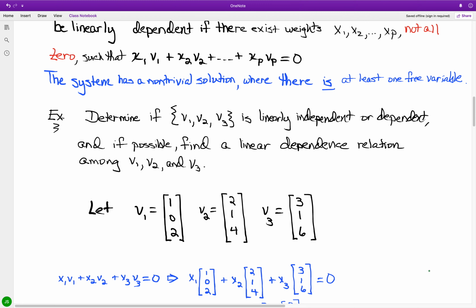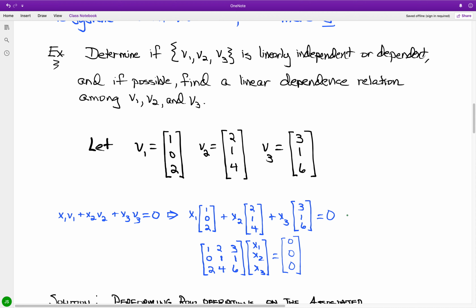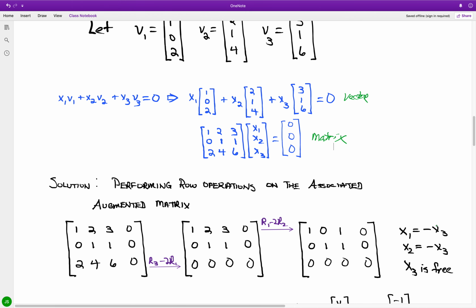All right, so going through, again, just our little protocols. Again, we have the vector equation, and we have the matrix equation resulting from what we have for v1, v2, v3, and also the weights x1, x2, and x3, and translating what we have as an augmented matrix and performing the necessary operations. Okay, so we have 1, 2, 3, 0; 0, 1, 1, 0; 2, 4, 6, 0, and getting the conversion of 2 to 0, I'm going to take twice the first row from the last row,